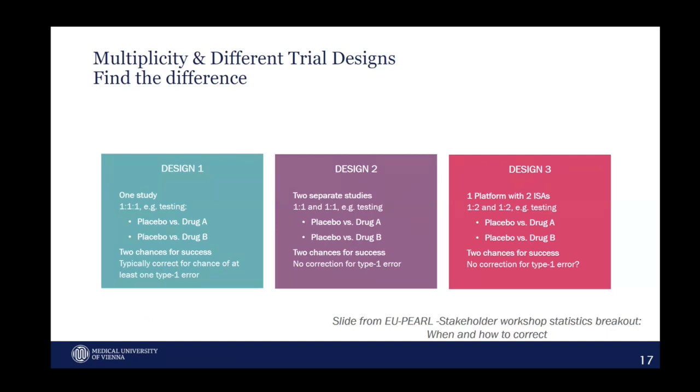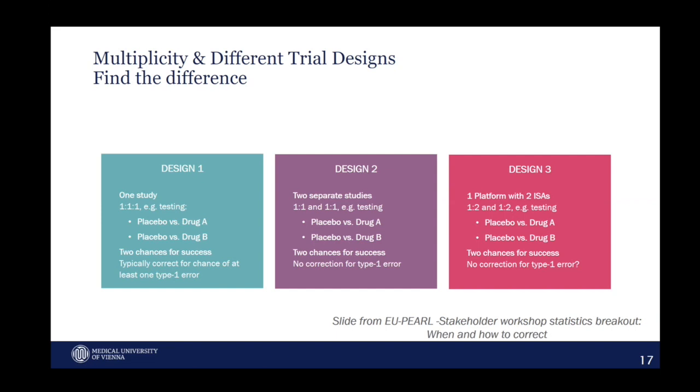Have a closer look and find the difference. Let's start with the design in the middle, design number 2, where we conduct 2 separate studies. Each study uses a 1-to-1 randomization. In the first study, we're interested in testing placebo versus drug A. In the second study, we test placebo versus drug B. We have 2 chances for success, but as we have independent studies, there's no adjustment for multiplicity for the fact that we conduct 2 studies. Each study can use the full level alpha. That's what we have done for decades, well established. But now look